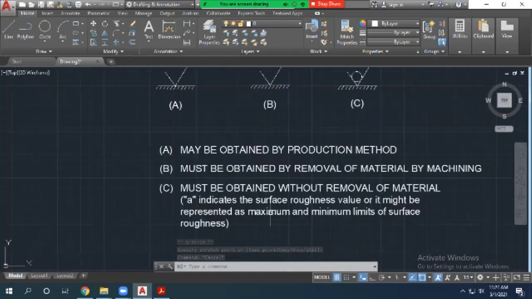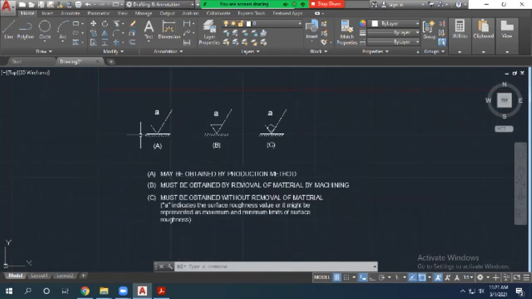That's the value that we want. Okay. Indicates the surface roughness value, or it might be represented as maximum and minimum limits of surface roughness. Like minimum, it should be 0.1, and maximum it can go to is 0.3, like that. Okay, that's what that letter indicates, right? Just as an example,